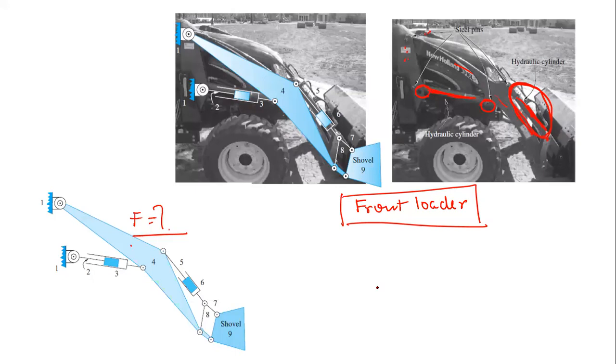because ultimately we know that this output has to move in a distinct way when we transfer motion to the input. So let's say I consider this link 4 as my input, because ultimately the power would be transferred to this quaternary link 4, right? Then from that, the motion will be transferred to other links, that is link 3, link 5, all other links. So I think this shovel, which is your output, and this quaternary link, which could be your possible input, they should move in a unique relationship. So they should move in a unique fashion. So they should possess a distinct relationship, right?